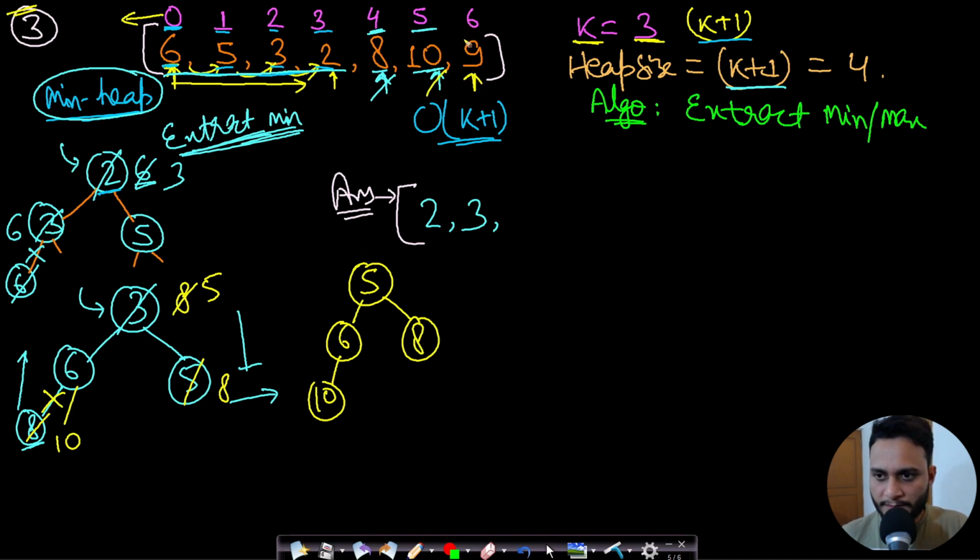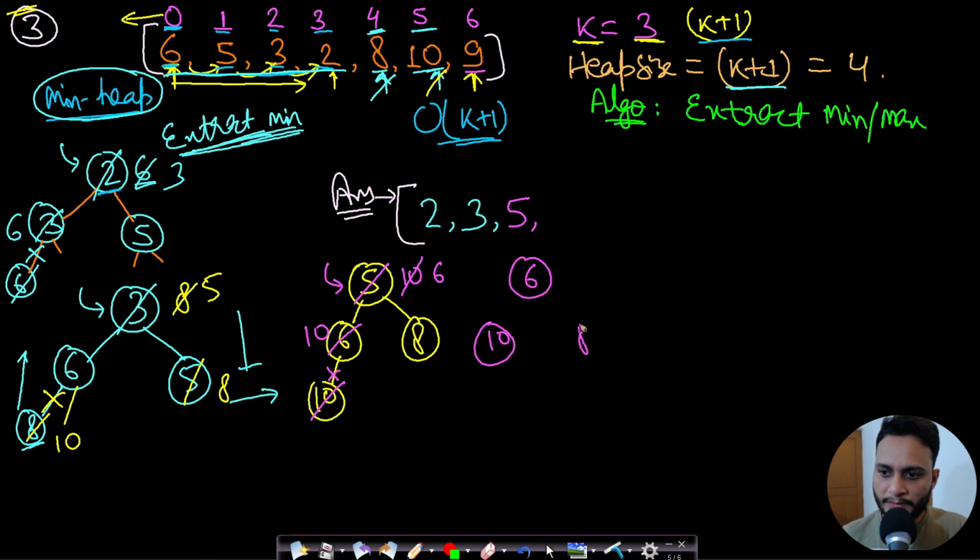This is index 6. Okay. So index 6 is having element 9. Now the heap is full. Take out the minimum element. We will push it here. So 5 will be pushed here, right? So this 5 is pushed. 10 will be replacing this. This link will be gone. Again, we will apply min heapify. So 10 will come here. 6 will come here, right? So the new heap structure will be like this.